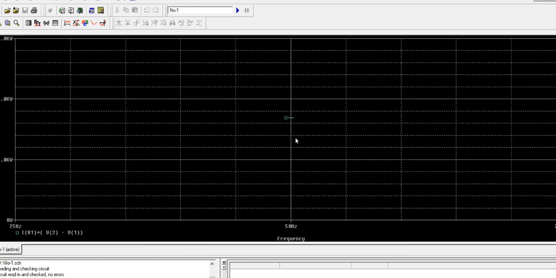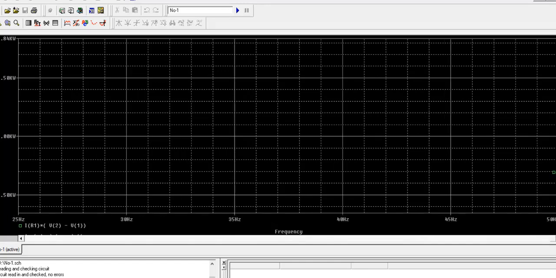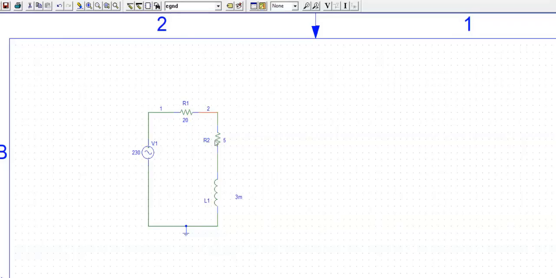If you want to zoom in, in the upper hand side there is an option named zoom in. Click this, then click on the probe, then the result will be zooming in. Here it is almost, you can see 1.7 kilowatt. So our power absorbed by R1 is 1.7 kilowatt when there is no capacitance. This is our first problem.